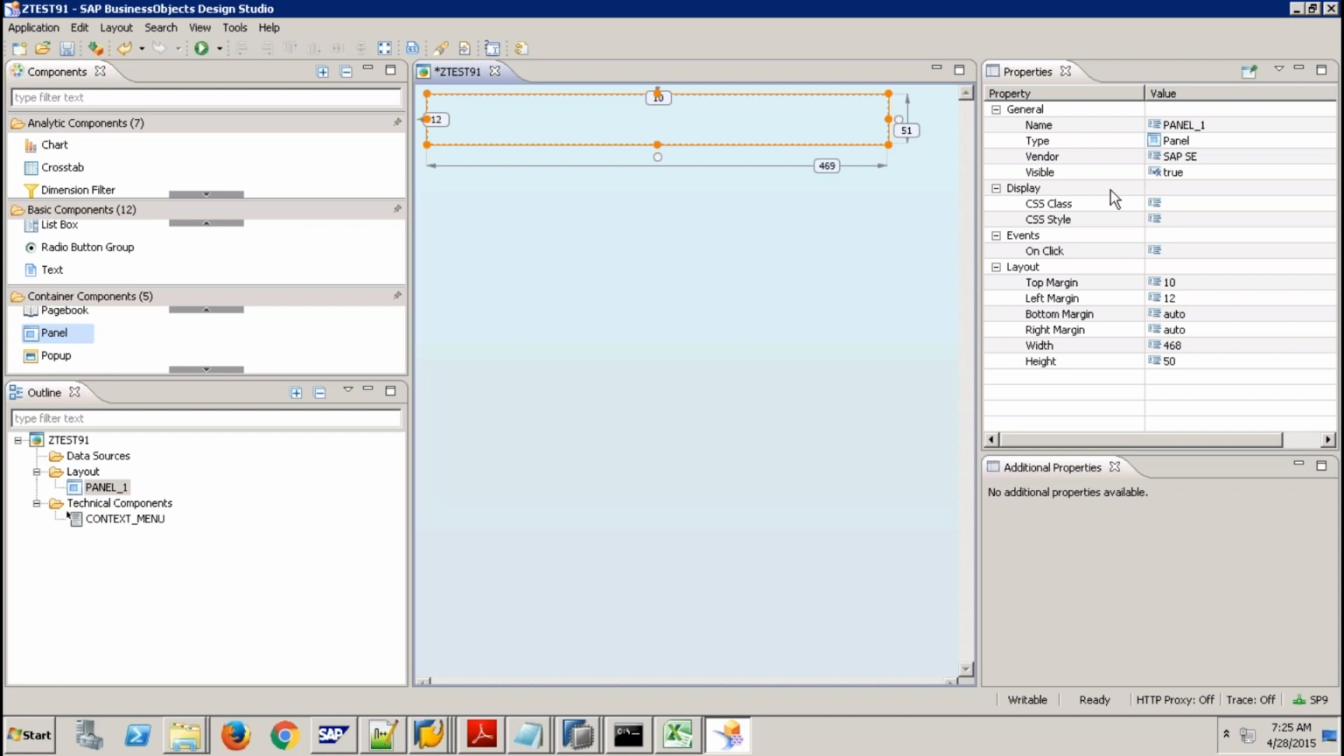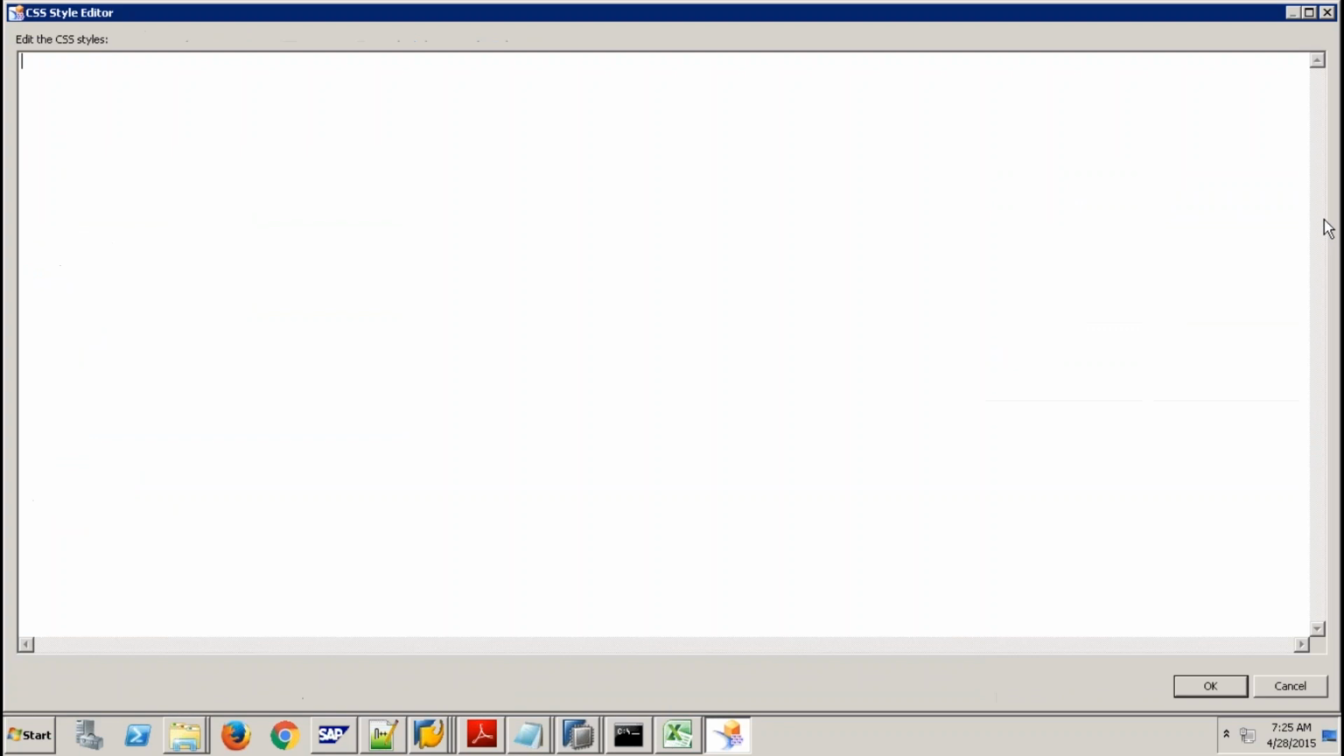There are two options. One is you can use CSS class, or you can go with CSS style. Now first, let me show you a CSS style, which we can implement straight away here. Just get into CSS style and write your CSS code for background color. I don't know how to write CSS, so what you can do is